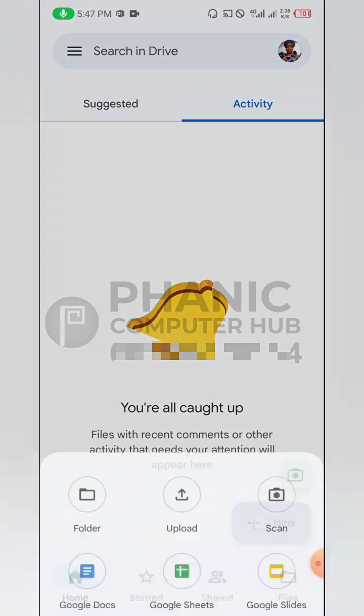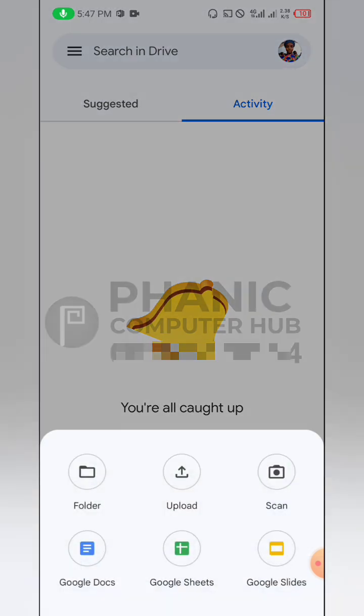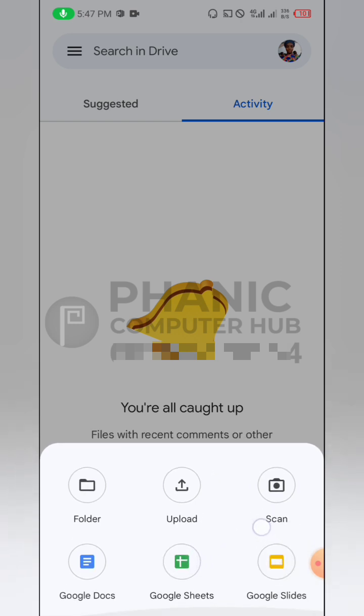So once you click on it, you're going to see multiple things here. First of all, the first one is folder, the second one is upload, the third one is scan, the fourth one is Google Docs. You remember I told you Google Doc is inside Google Drive. Can you see Google Sheets too? You can see Google